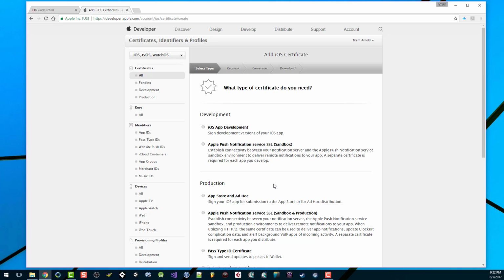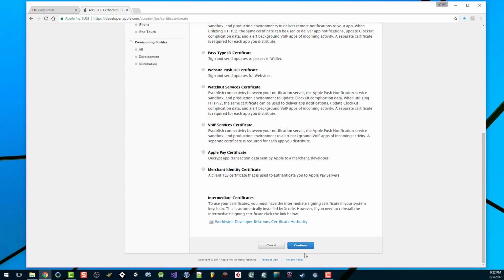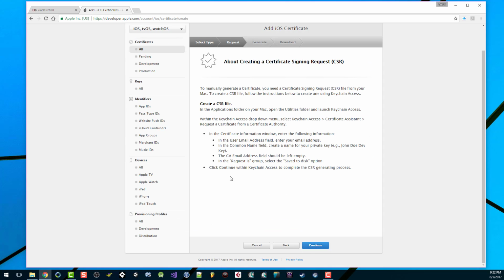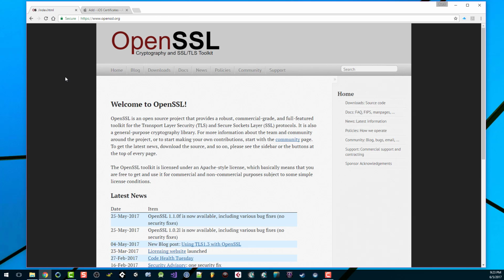Anytime you need to generate a certificate signing request with a private key, you can follow this process. Let's go ahead and select iOS app development. I'm going to scroll down and click continue. Now, this has steps for a Mac, but of course, we're smarter than that, so we're going to do this on a Windows machine. To do that, we need to first install an app that helps us on Windows